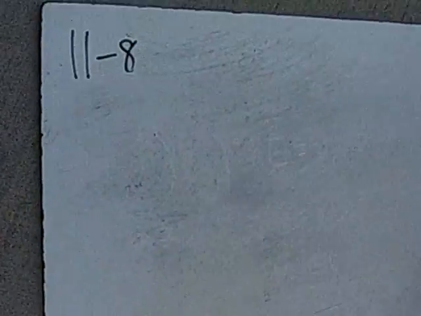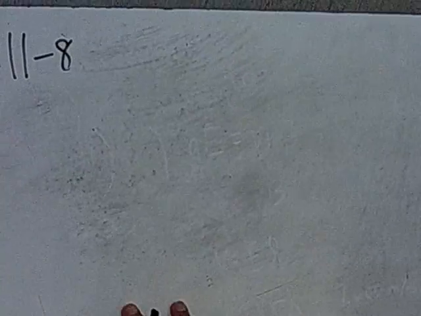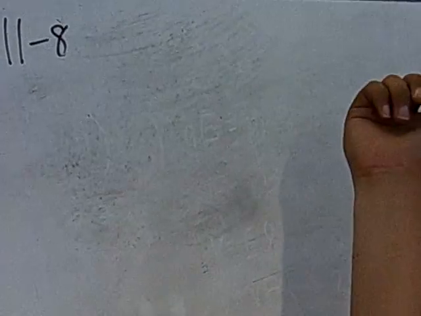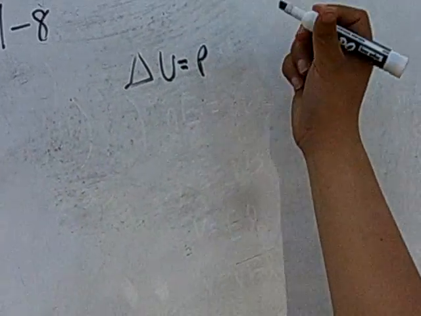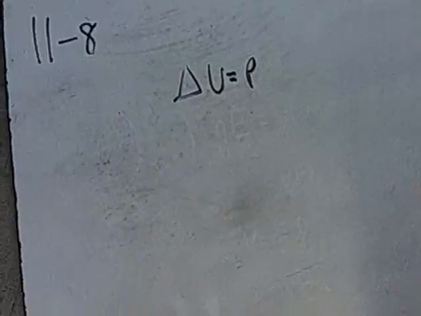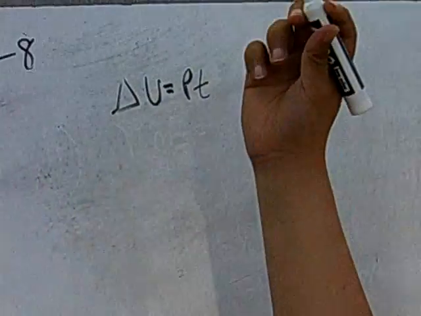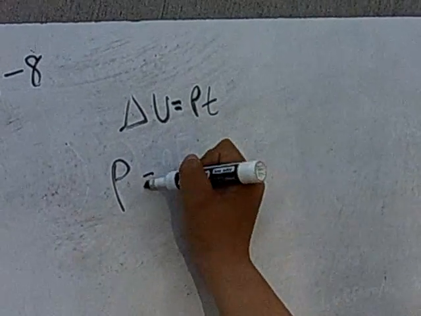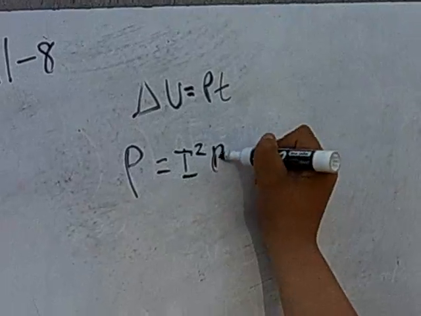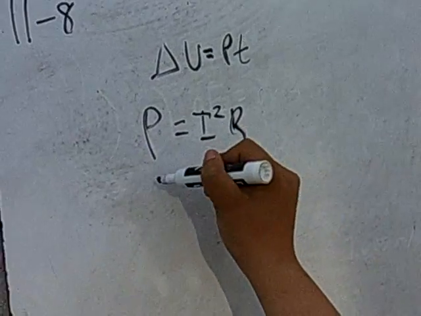One second. For part D, it asks you for the orbital energy change. So, the equation for energy is change in energy equals P times T. So remember this other equation that's on your equation sheet too? It's P equals I squared R. So you basically combine the two equations and you get